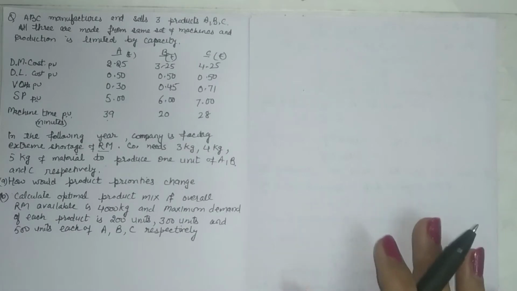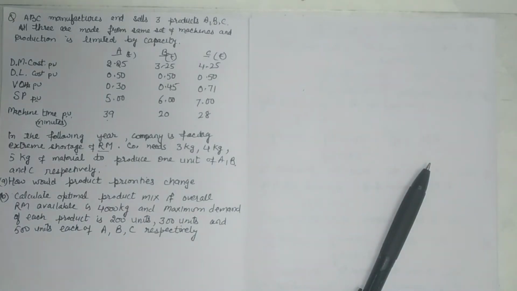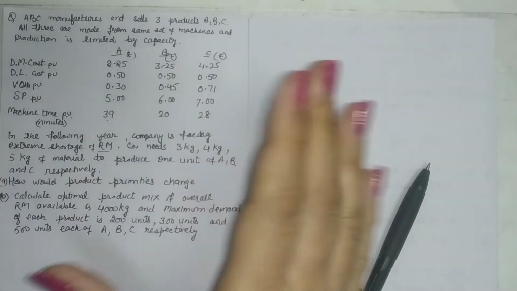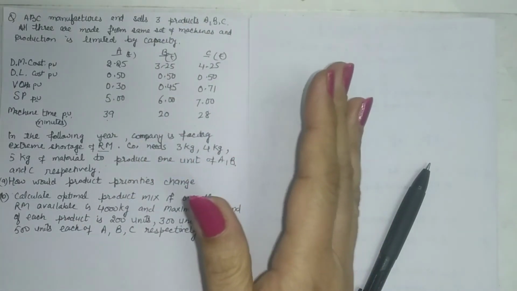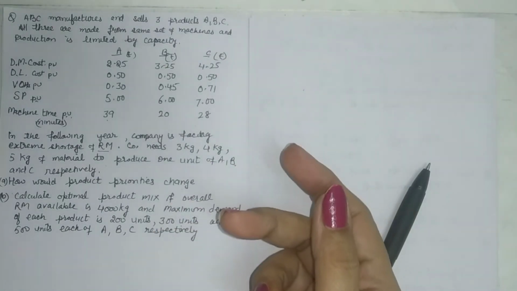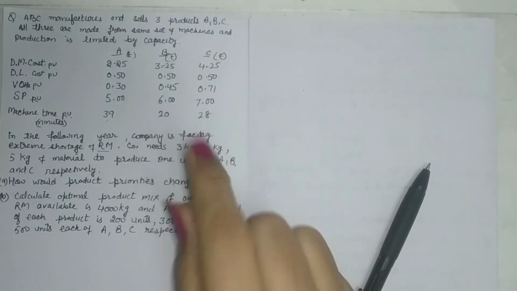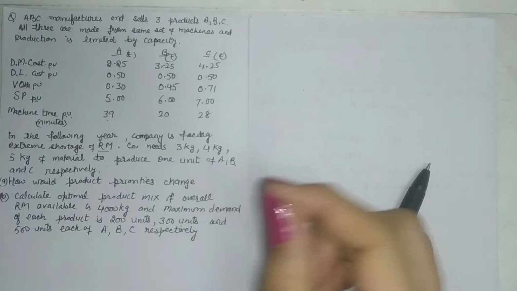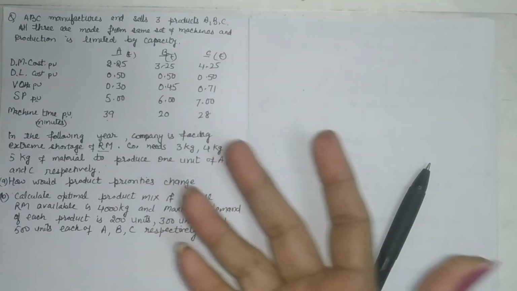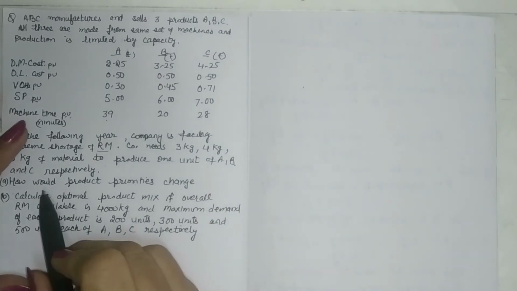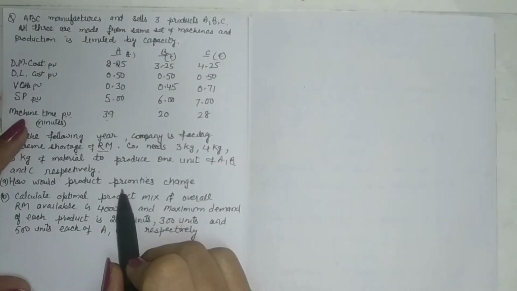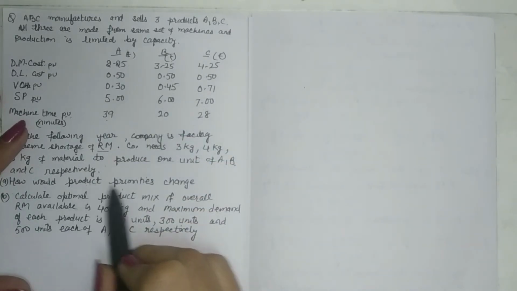Now you remember, when there is a key factor, that is a limiting factor which is restricting us from going up to the maximum, then we determine contribution based on this key factor. Our aim is to maximize contribution. So we'll be picking up that product first which is giving us maximum contribution per unit of key factor. Because the key factor is limited, you will have to see contribution in its respect, which is giving us maximum benefit. Now the question is not direct. It simply says how would the priorities change.